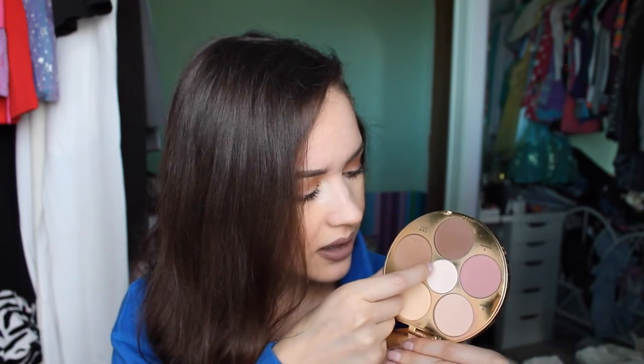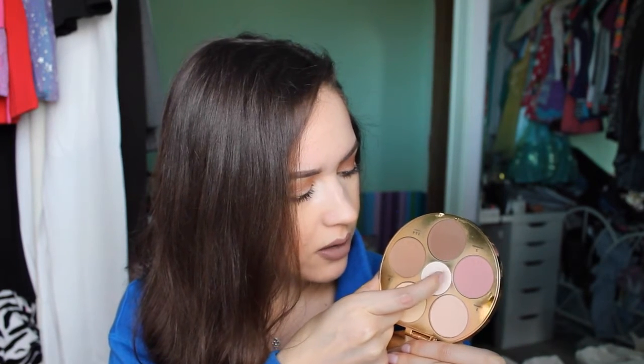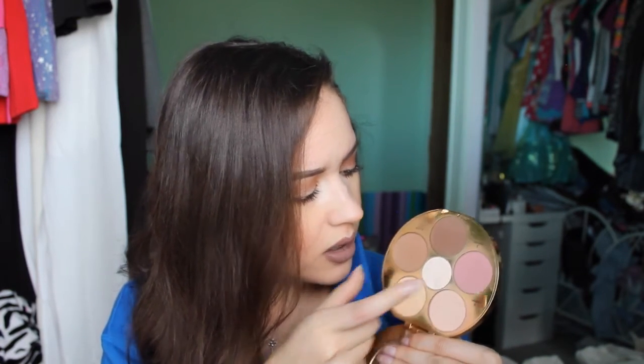So it's still there, and it's annoying, but once I scraped it off, it works just fine now. And I put it on with my fingers. So in case you're having problems getting product to show off that, just scrape that little top layer off. You're good to go. Such a good palette. I think it's like $45. Well worth it in my opinion, considering